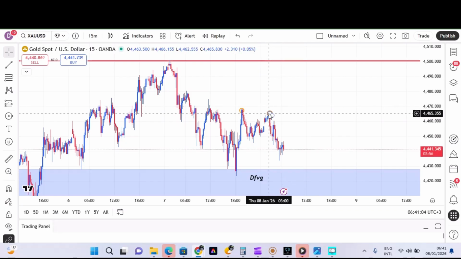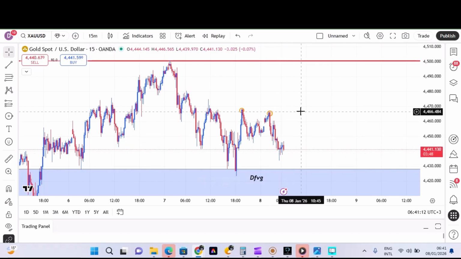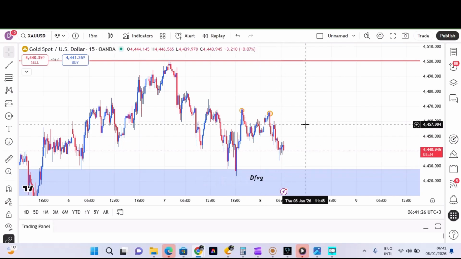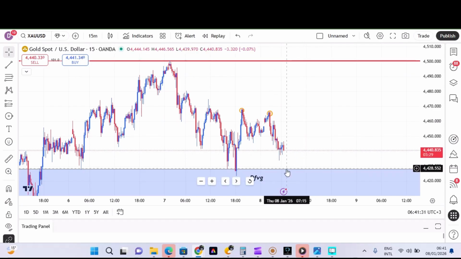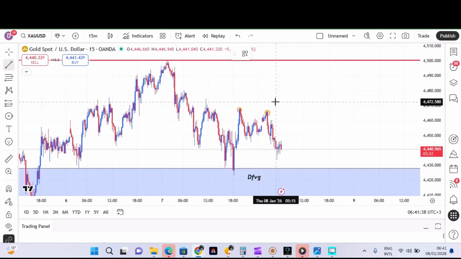So today is Thursday. I think you can see the market open here. The gap has been taken out. Look at this liquidity here. So gold, as we have seen on a daily, bearish. So we expect, you see this move, break of structure, moved, break of structure, moved. So this trend is bearish. How far is this trend going to end? We don't know. So let me mark my zones.